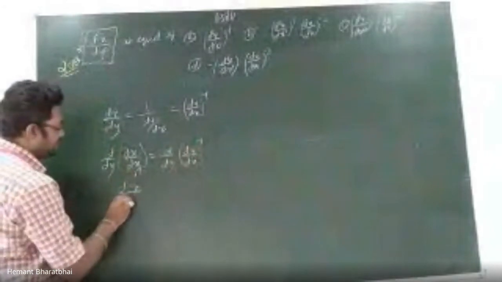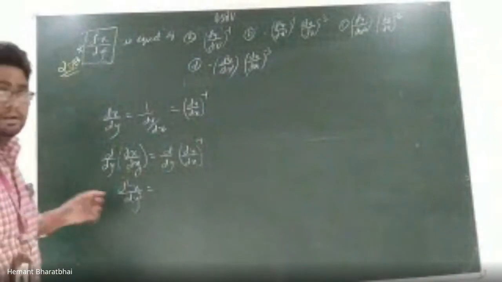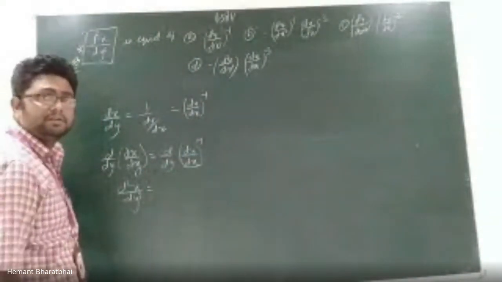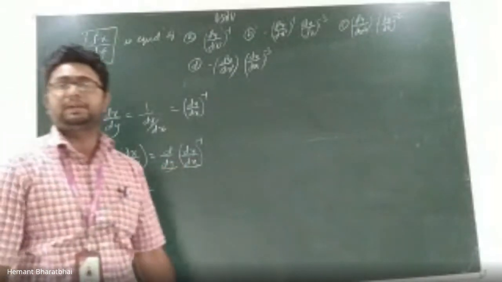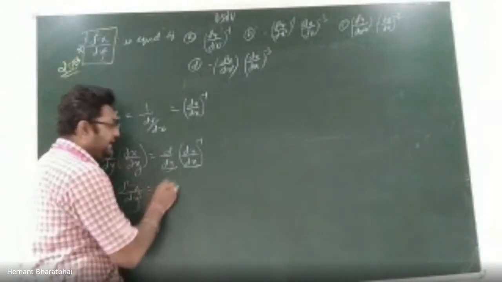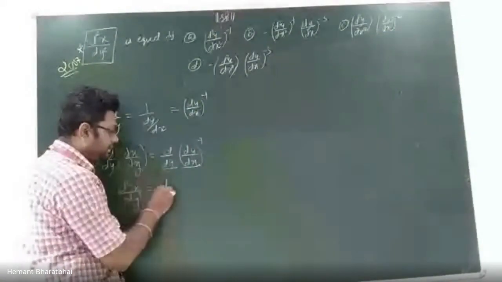So this will become d2x by dy square is equal to... Now you directly cannot do derivative because here you have derivative with respect to x, whereas here I am doing derivative with respect to y. Therefore, I will have to think of something else. I will be able to take derivative only if it is with respect to x. Therefore, what I am going to do is,